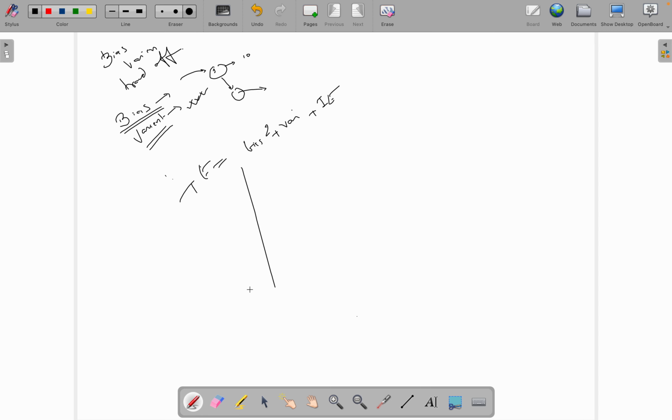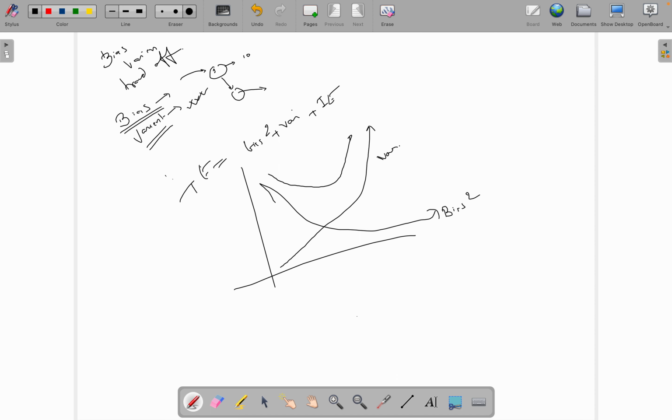When we try to plot it, variance will go something like this, and bias square will go something like this. So our total error will be swinging like this. And this side is the model complexity,